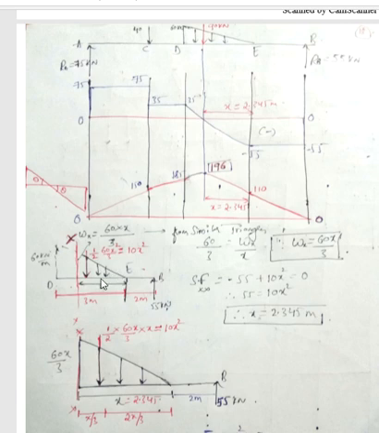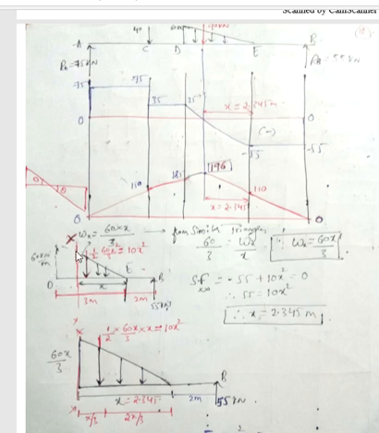This is the entire triangle acting on a length of 3 meter, and from here the distance is 2 meter, and the point load of 55 kilonewton is acting at point B. But what I need to consider is only up to the section XX. So I have to know the load intensity at this point. The load intensity at the larger triangle was 60 kilonewton per meter. To convert it into a point load, I considered the area of this triangle, half, base was 3 and height was 60.